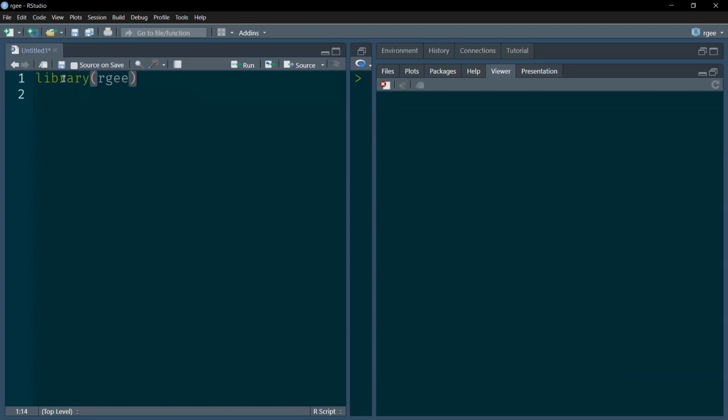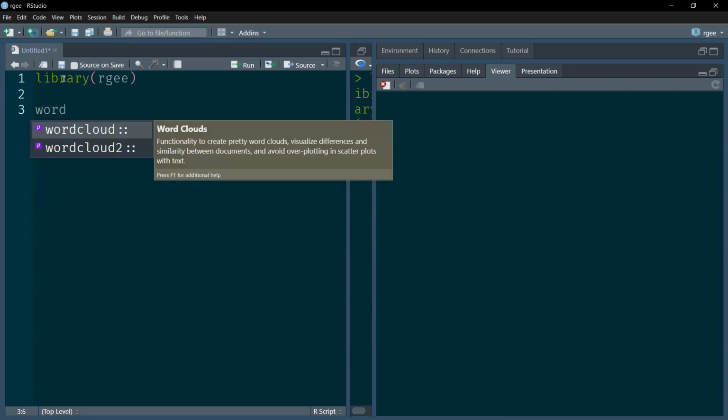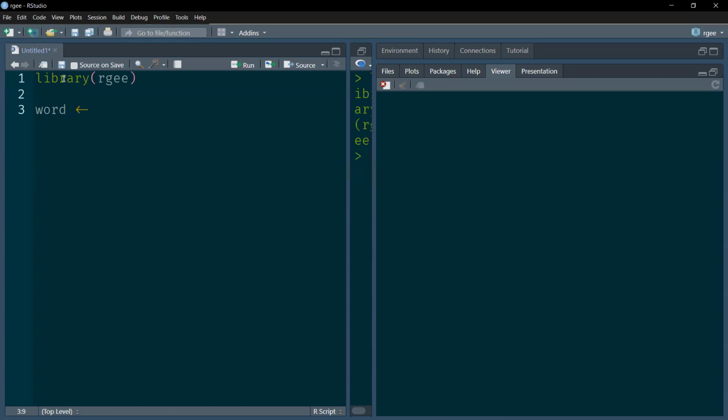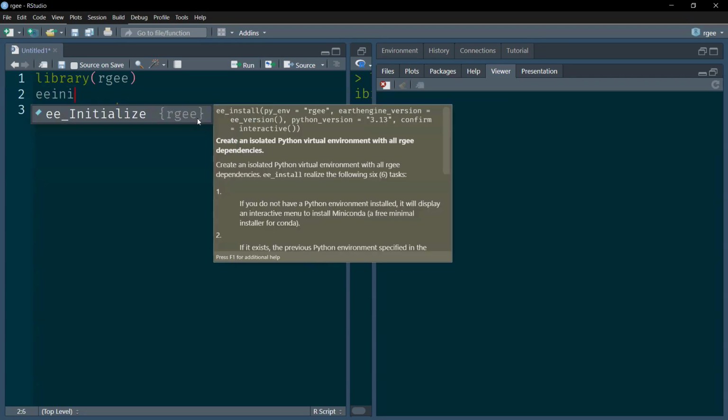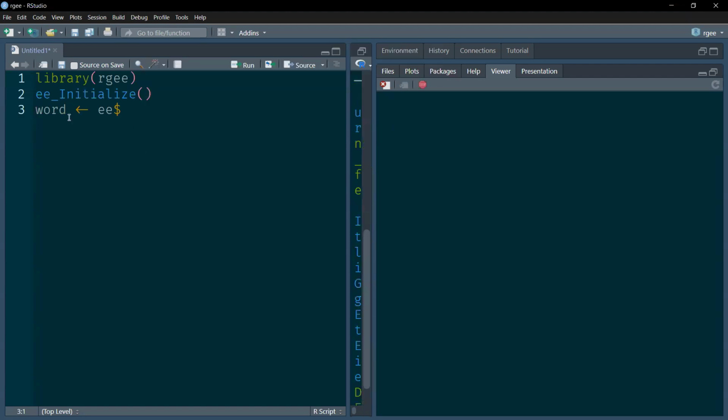So we will start by loading our libraries like RGEE, and then I think for today, we will only use RGEE. We'll not need mapedit because we'll get our boundary from the global database. So we'll get the global database of regions level 2, and then we'll extract a Kericho layer from that, right? But of course, we need to initialize our RGEE session. Once that is done, we can go ahead and